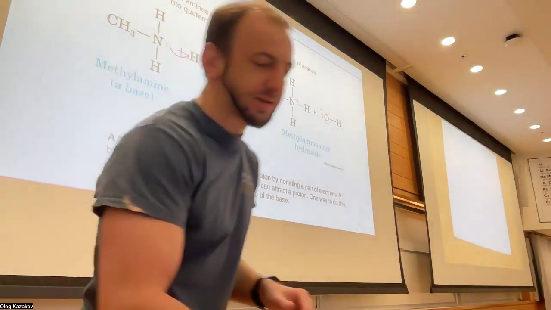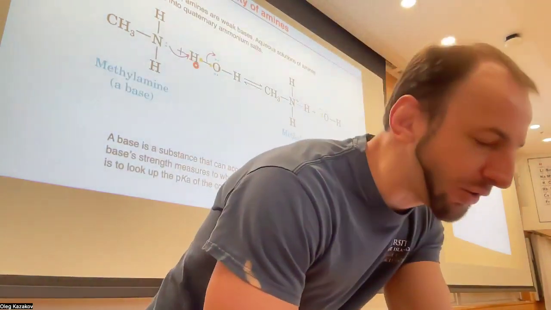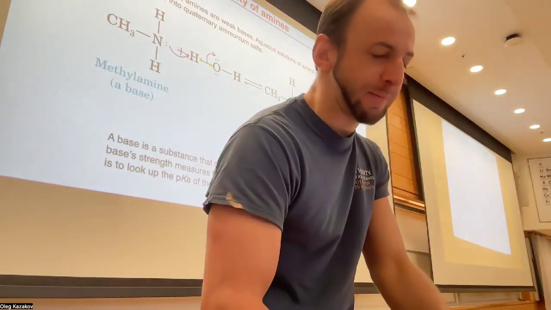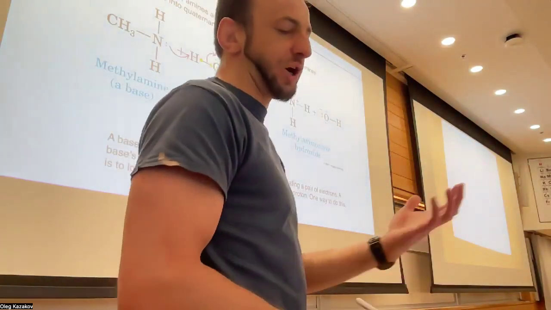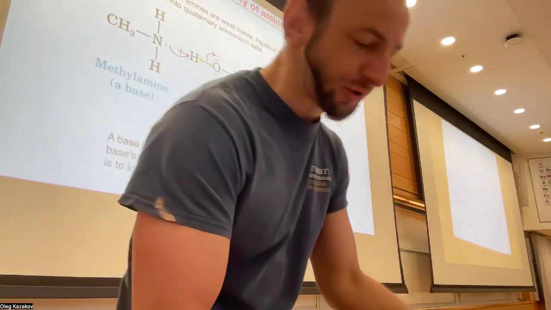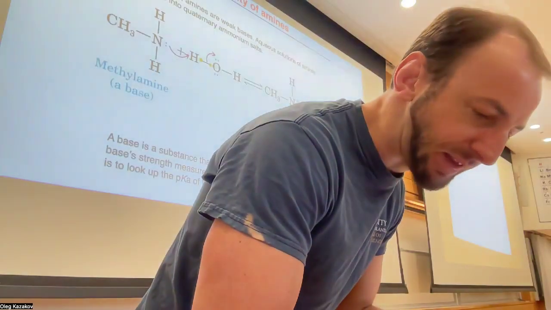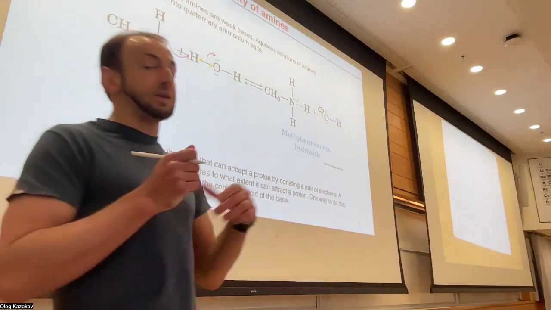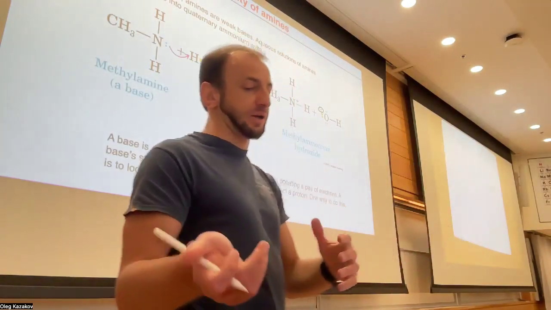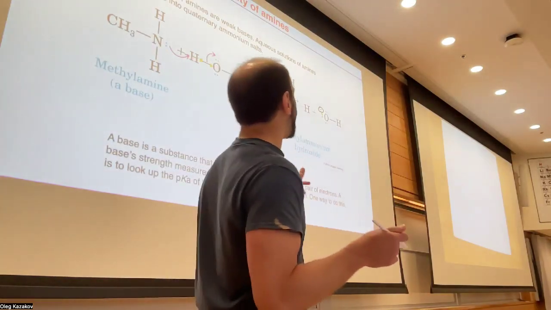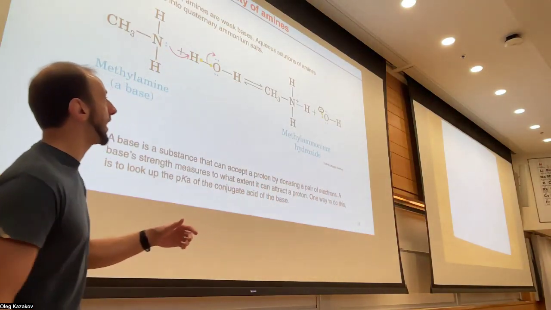And now this electron, which used to be on the hydrogen, is now on the oxygen. So you go from the neutral charge on the oxygen atom to the negative charge on the oxygen atom. You're going to have the negative charge right here, because now it didn't lose an electron, it gained an electron. So that's your two-way thinking: either loss or gain of electrons.